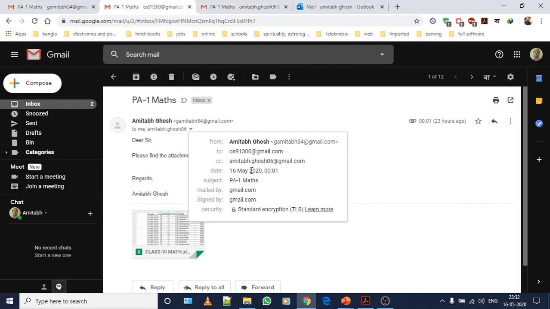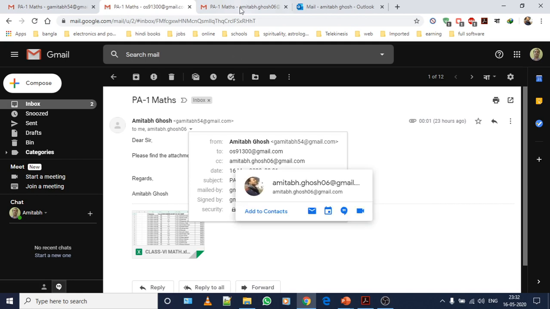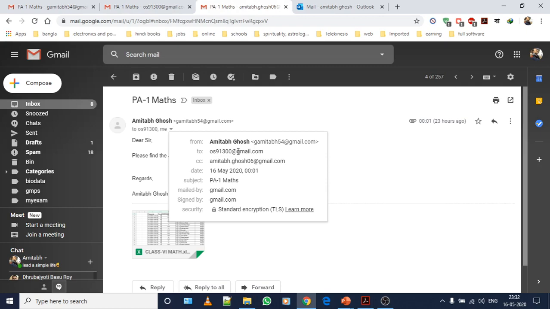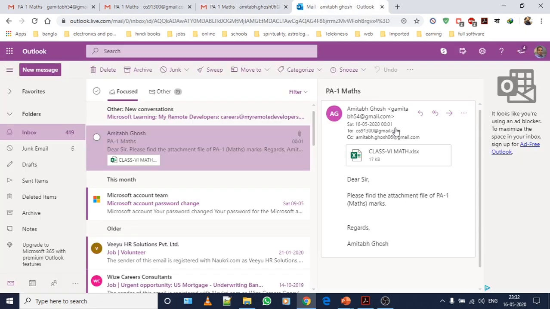Understood? So this person can see CC person, this person can see 2 person, but this person can see 2 and CC both. But this mail ID, which mail ID? This one, Amitabh.